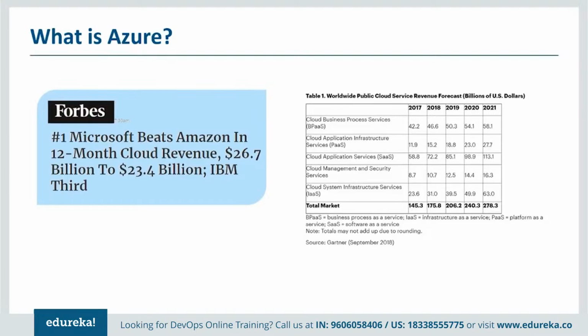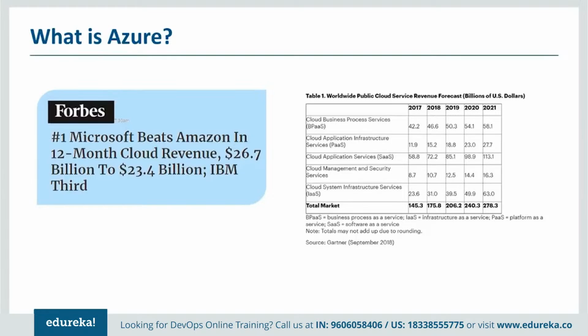So in 2017, the revenue for all these cloud providers was approximately $30 billion. And what you see in 2021, we are in fact halfway down this graph, and $30 billion was in 2017. It's approximately $52 billion, or in fact, it'll be $52 billion in this particular year. And going forward, by 2021, it is going to be $83 billion. Now that's a projection. You can see here, starting 2017 up to 2021, these numbers are increasing almost 3 times. So you can see how fast these companies are moving towards the cloud platforms.